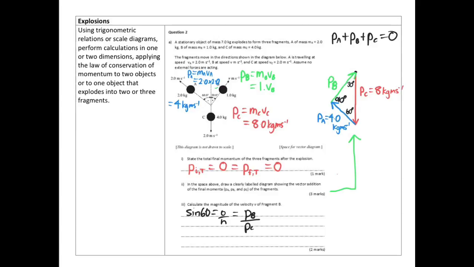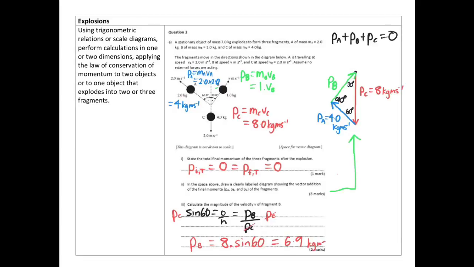We want to know PB, so we times both sides by PC to cancel that out, and we get that PB equals 8 times sine of 60, which should equal about 6.9